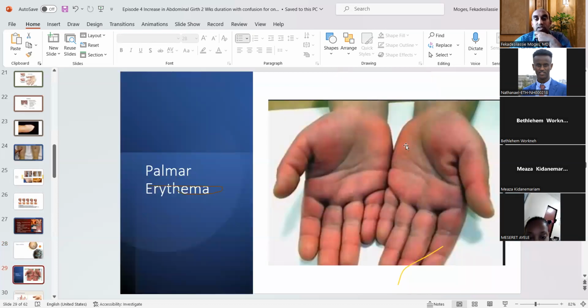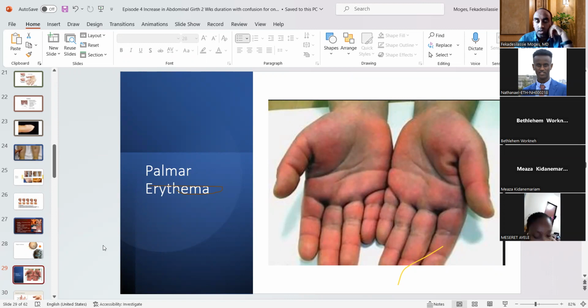And the other thing we mentioned was palmar erythema. You should know that palmar erythema most of the time involves the thenar eminence and the hypothenar eminence, and there is a spared area in the palm in between the two. So palmar erythema is another sign of advanced liver disease. By the way, all these things: caput medusae, clubbing, gynecomastia, presence of palmar erythema, these are signs of advanced